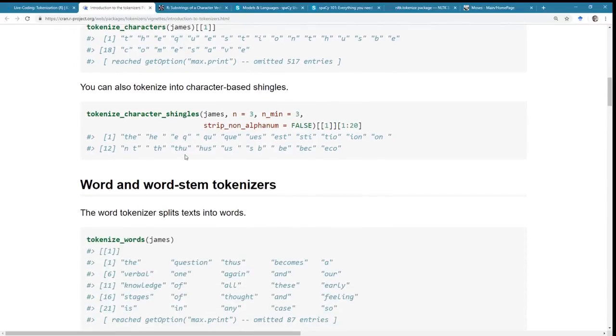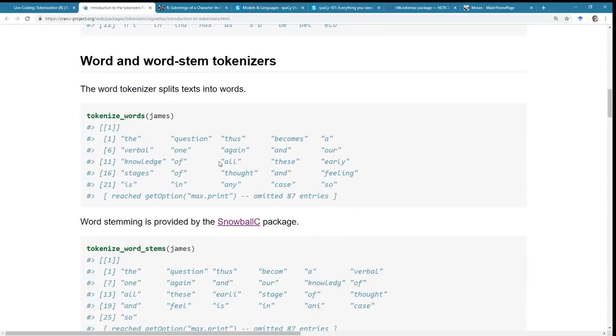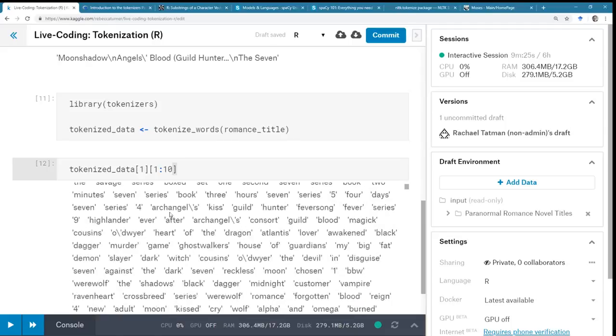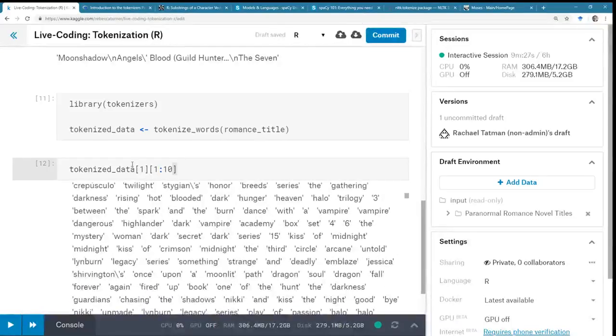Again is the last word in the first word in the second line. Okay, no. So what I was thinking was that each item in the list was going to be a line in the original input, and it looks like that's not the case. Yes, this is too many.